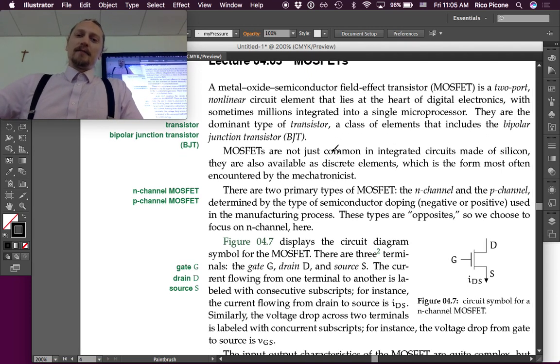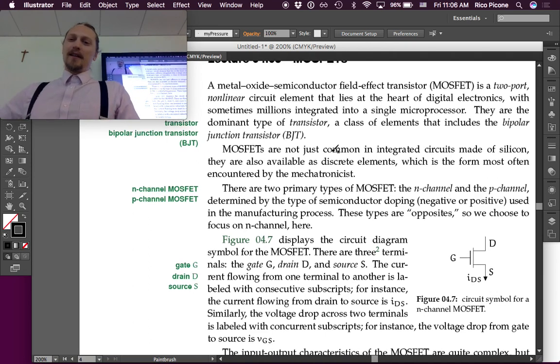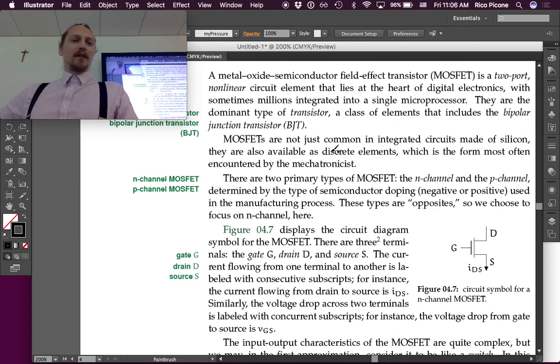What I mean by discrete element is one that you could, for instance, put on a circuit board or put in a breadboard, something like that, as opposed to something that's really, really tiny, that's part of a silicon semiconductor material. So there are two primary types of MOSFETs, the N channel and the P channel, determined by the